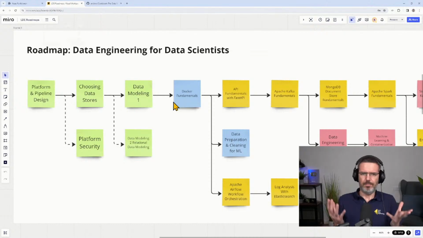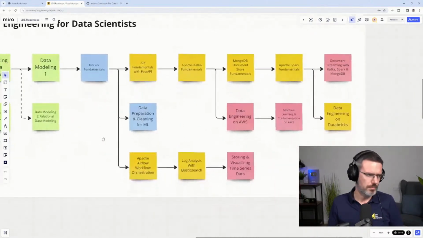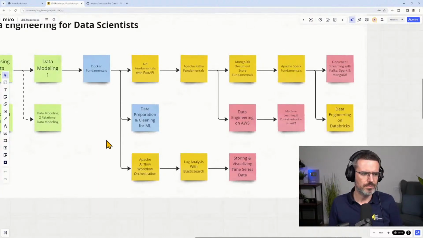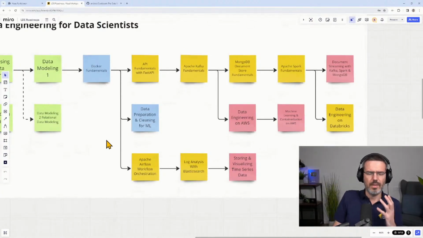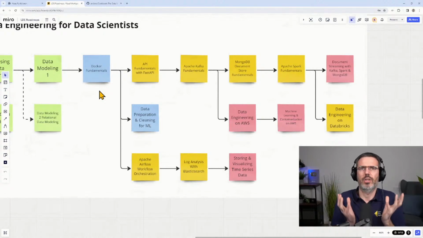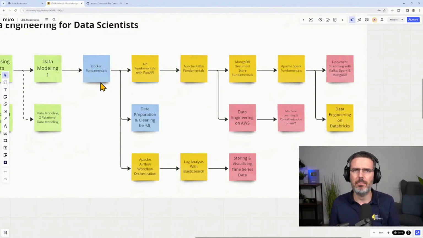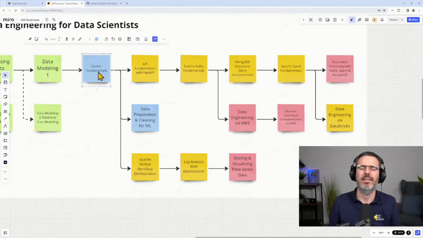So now the basics are done, right? People understand what's going on. And now you need to, as a scientist, you create code, you train your algorithms, you want to deploy this somehow, right? And I think a fundamental part here is Docker, that you need to understand how Docker works,